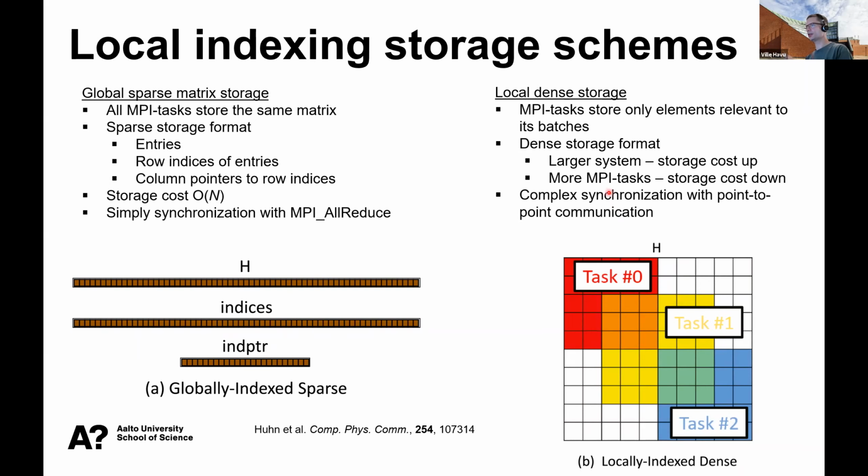The good part here is that if you add MPI tasks, your storage cost goes down, which means that your scalability improves, which means that your memory consumption goes down, which for large systems can actually be a decisive factor, as we saw. I would have stopped at 250 atoms, which is not very good for bulk silicon from a scalability point of view. Well, the price you pay is that you have to do a more complex synchronization of them,